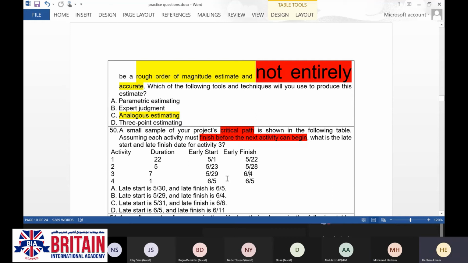The same will be applied here. The early start will be equivalent to the late start. The early finish will be equivalent to the late finish. And the same will be applied for each and every activity. So you just need to focus on a certain keyword.